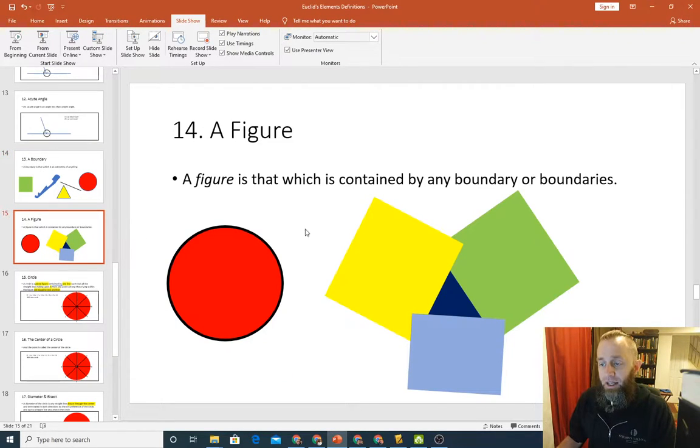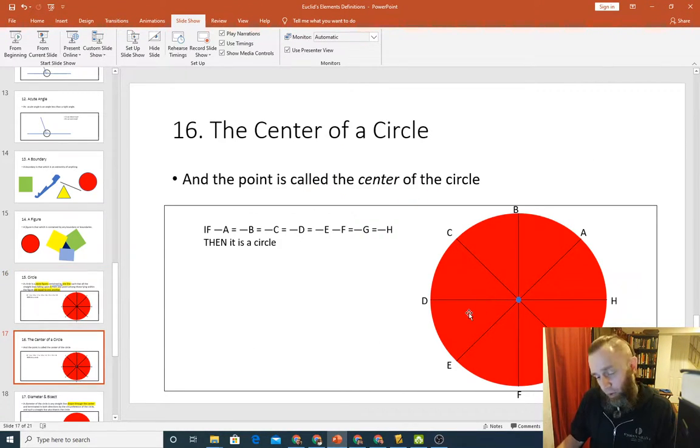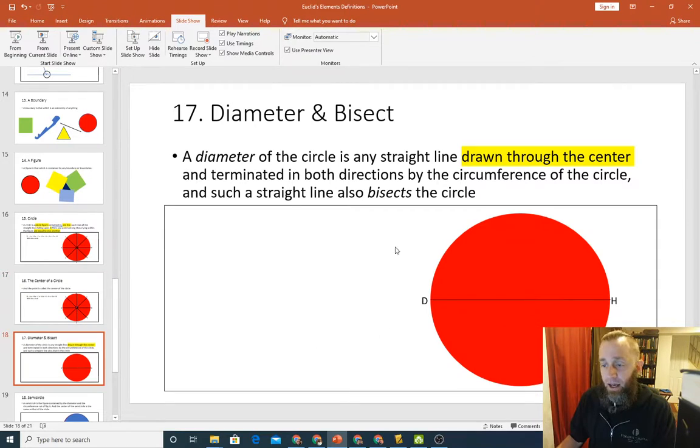We said that a figure is anything contained by a boundary or multiple boundaries. We said that a circle is a plane figure contained by one line, a single line, in such a way that all of the straight lines falling on that boundary from one point lying within it are equal to one another. That is, a circle is a very, very special kind of figure. It's the only figure that has this interesting property of having a point in it from which, if you draw a line from that point to the boundary, all of those lines will be equal. So that's neat. The center of the circle is that point, and we said that the diameter of a circle